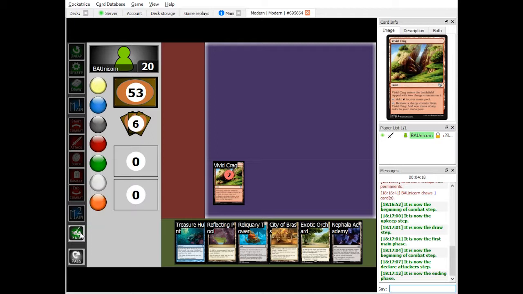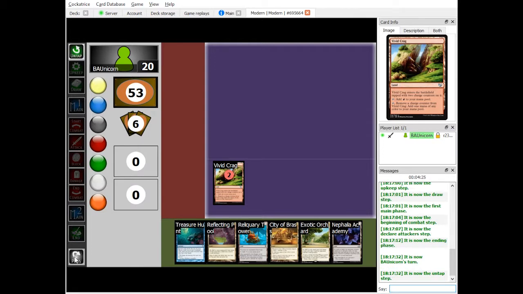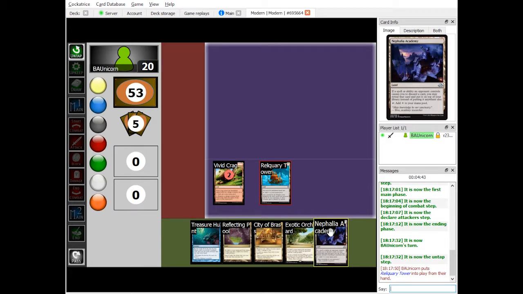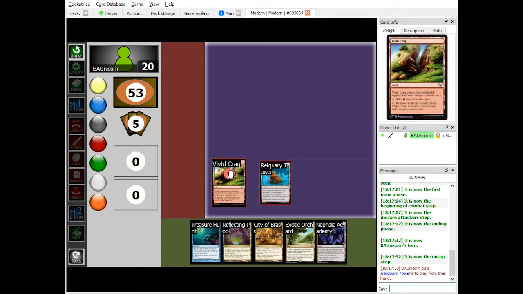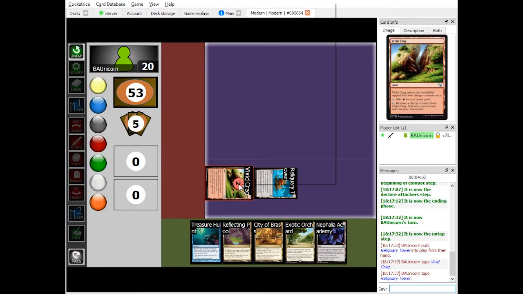But most of the time, you'll go to end phase, and then your opponent will click pass turn. That's them recognizing that it's no longer your turn, and that's you recognizing that it's no longer your turn and that now they get to go. So we untapped, we drew, we're going to play our second land, which we'll go ahead and play Reliquary Tower since we know our opponent Casper doesn't have any discard spells, so we're going to go ahead and cast our